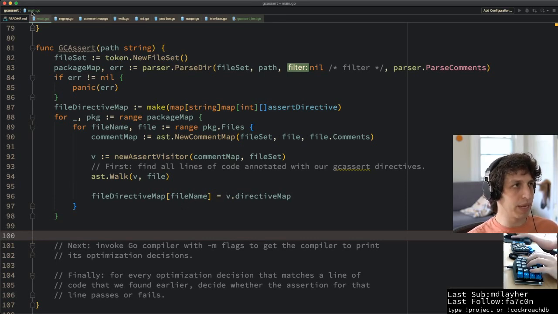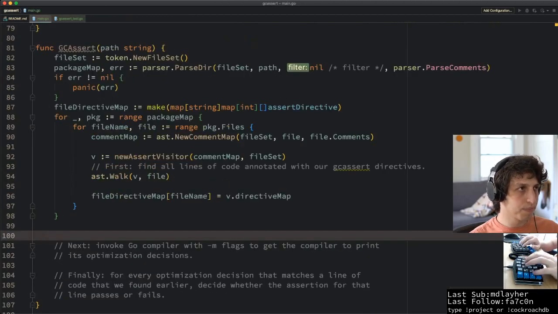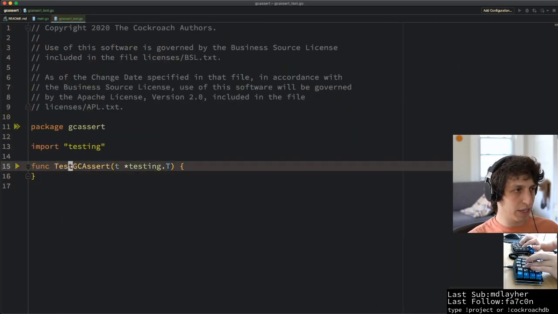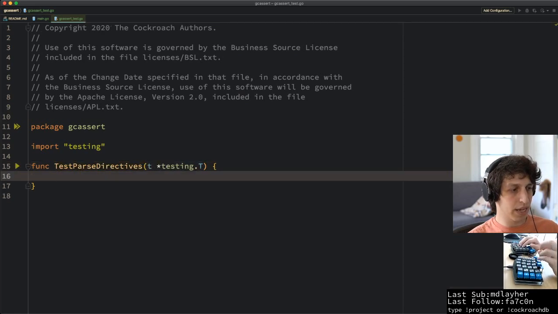So let's make a new test. I guess we had this gcassert test file. We can write it in there. So this will be called test parse directives, and it's going to say,